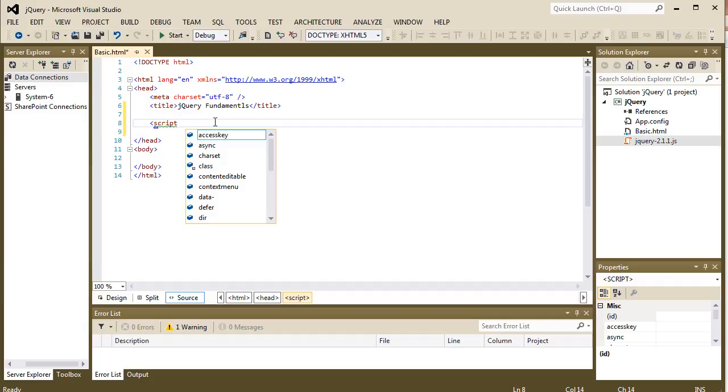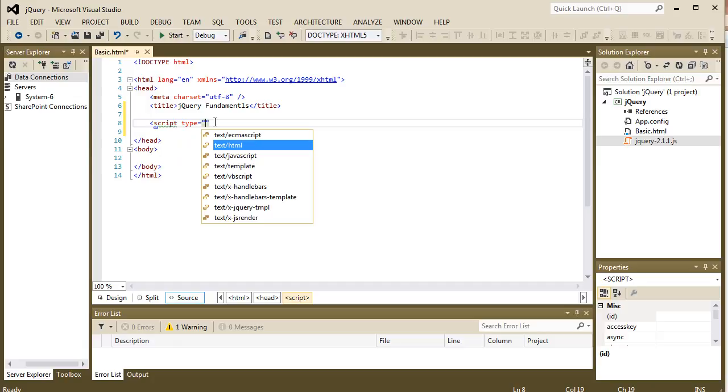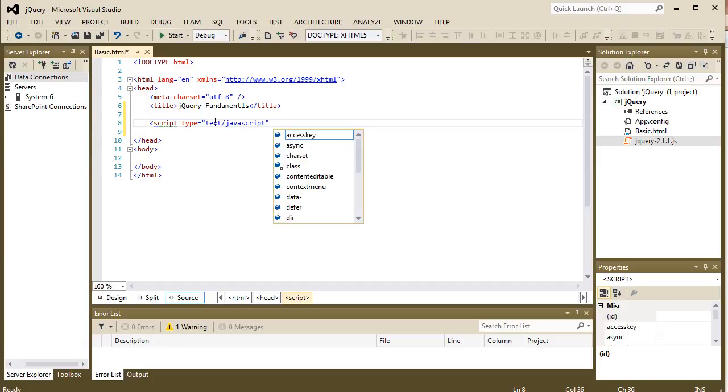We can type script, and then script of type is equal to text/javascript, source src is equal to